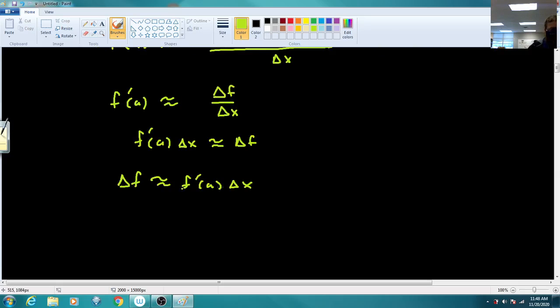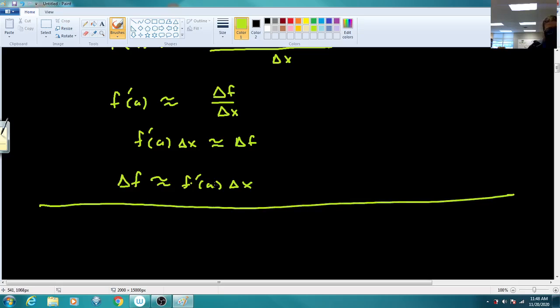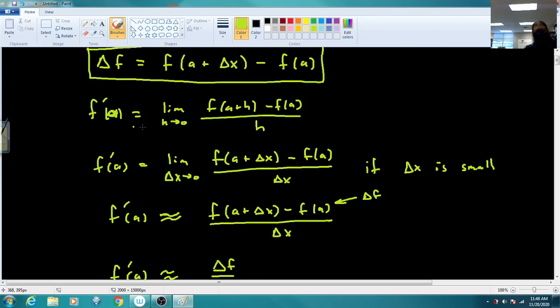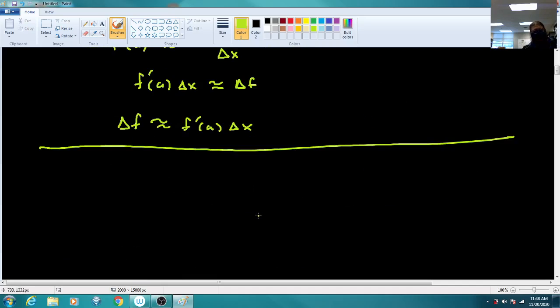So this is kind of the basis. We're going to use this formula. We need to put a little bit around it, but this is kind of where the formula we're going to focus on for the next few examples comes from. It's basically starting from the formal definition of the derivative, replacing h with delta x, and then using a couple different definitions. So we're going to say linear approximation